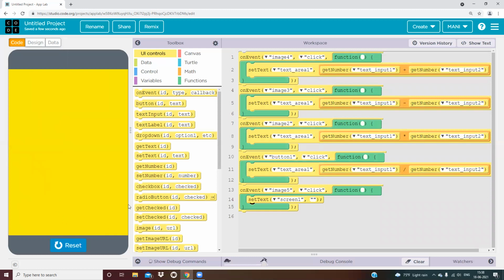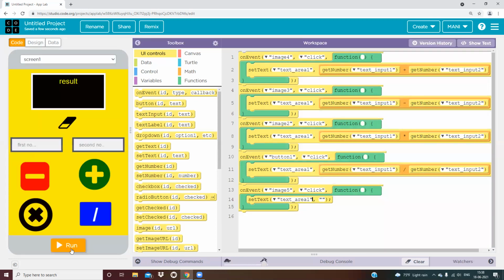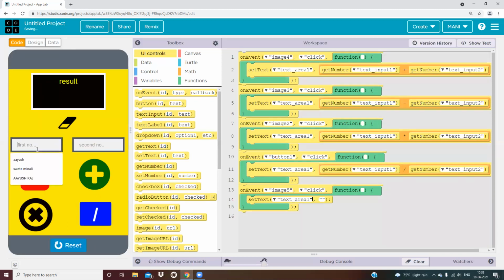You will see it is completely black, because I have set the text of text area 1 to nothing, and that's why it was cleared. Again, I will show you 12 and 4, plus 16, and when I click erase, it has been completely erased. Minus, then 8. Okay, very nice.